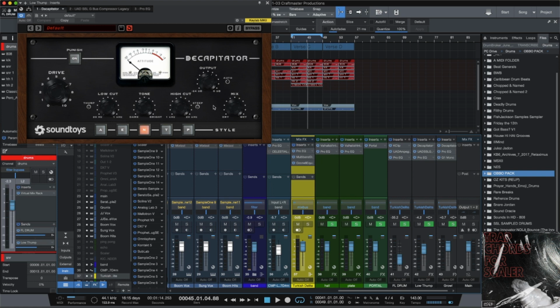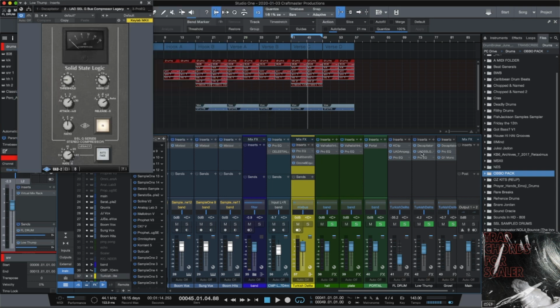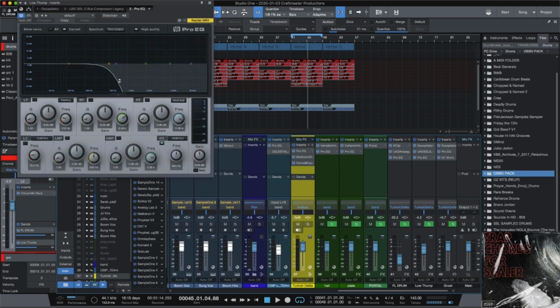So again, you just need a plugin to add harmonics, right? So you get a Decapitator. You can use an Ozone exciter. You can use a tape saturator. You can use Red Light Distortion from the stock plugins. That's fine. Then we went ahead and just ran this into a compressor. You can use whatever compressor you want. You don't have to go out and get a G clone. It is not necessary. And then the most important part is rolling off at 500,